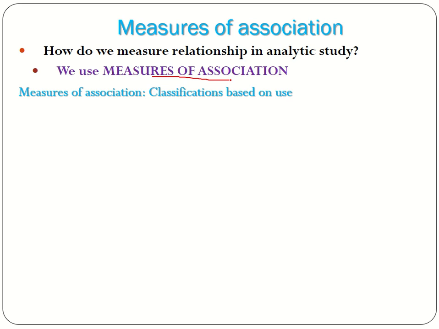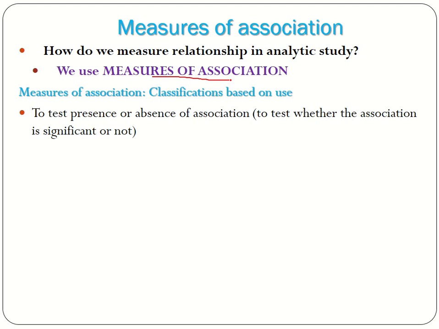So it's classified into two based on its use, based on what we are looking for. The first category is based on the presence or absence of association. If we're looking, to begin with, at an exposure and an outcome, do this outcome and this exposure have a relationship or not? Yes or no, we want to declare. So presence or absence of association comes first, between variables. When we're trying to measure if there's any relationship between the two variables using analytic study designs, the